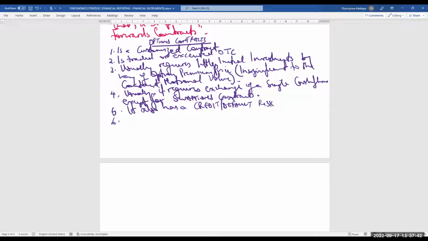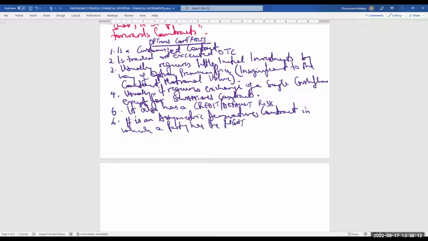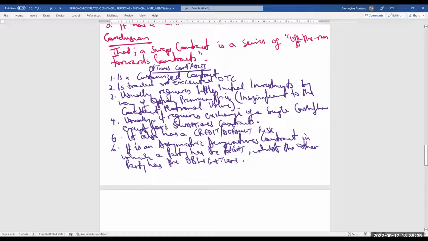And as we started with, it is an asymmetric derivative contract, in which a party has the right whilst the other party has the obligation. And that is that. As I've explained,